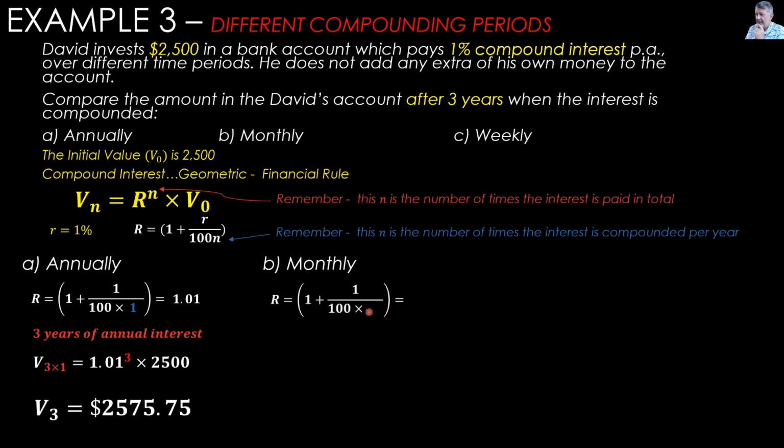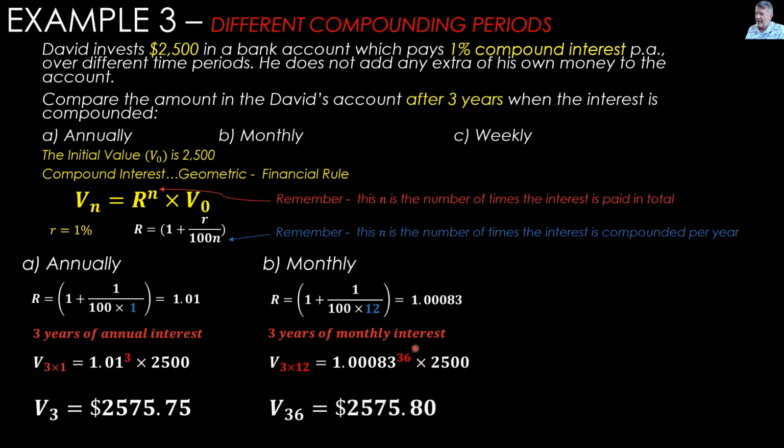So what does the little n become over here? That becomes 12 because it's monthly, 12 months of the year, which works out to be 1.000083. Now we have 3 years of monthly payments of interest. So how many? Not V3 anymore. 3 years of monthly, 3 times 12 is V3 times 12, which is 1.083 to the power of 36, because it's 36 payments. Does that make sense? Good. Which gives us